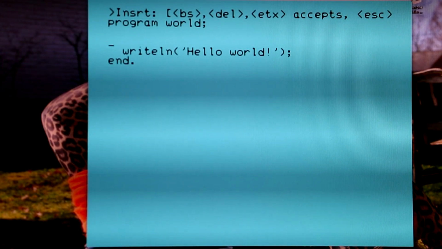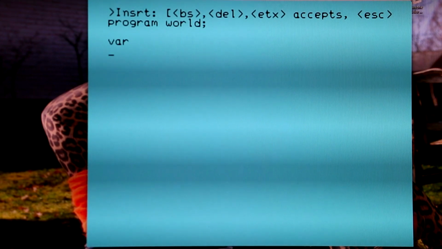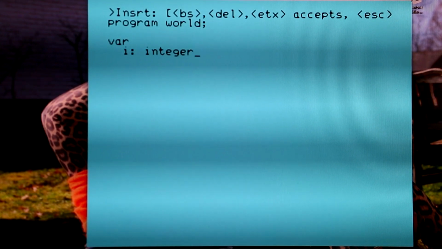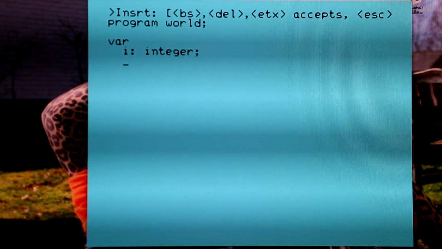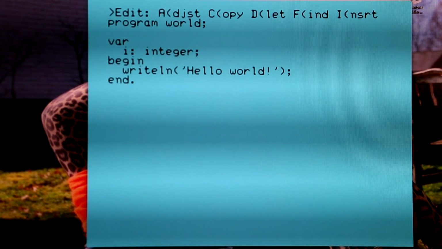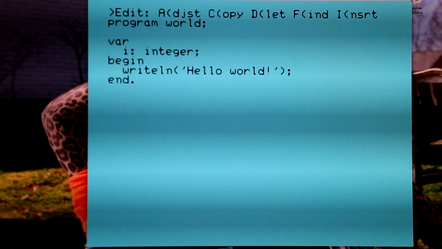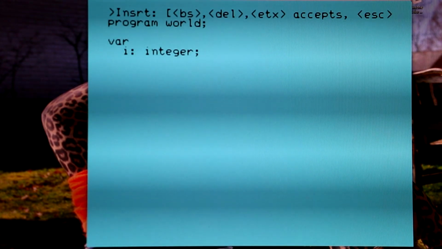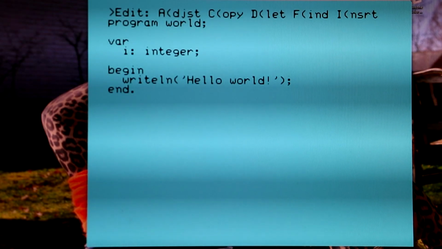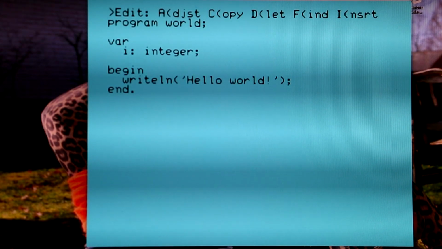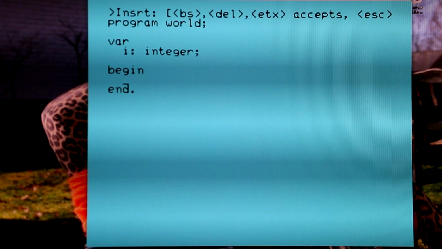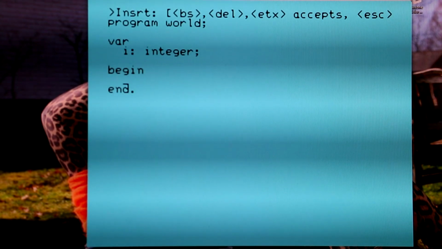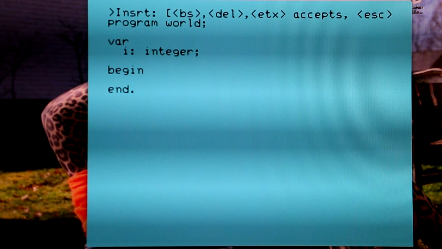So I can here key in a variable declaration. I indent it slightly. We create the variable I, and I press enter once more. And when I press Ctrl C, you can see that I have the begin coming back. Maybe I will have to press insert once again and another enter in order to get one space line in between. If we now go down here to this line, we can again press insert, and the editor will know that this line was indented 2 spaces or 2 steps in,